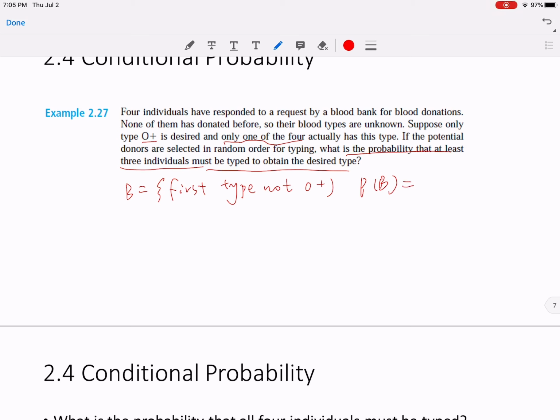We get 4 people in total, and how many of them don't have the O positive? 3 of them don't have the O positive, and we have 4 in total, so the probability of B happens. The probability of B is 3 over 4, right? And then we use A is equal to the second